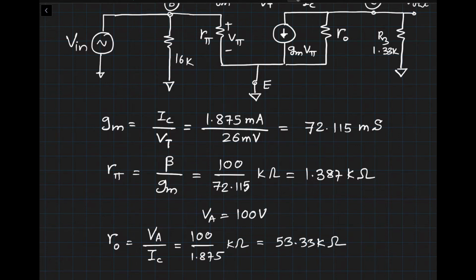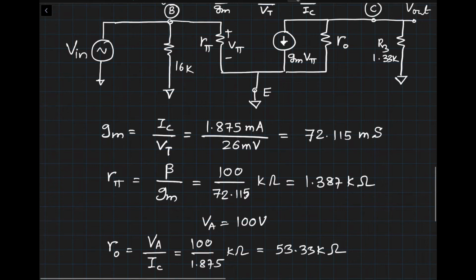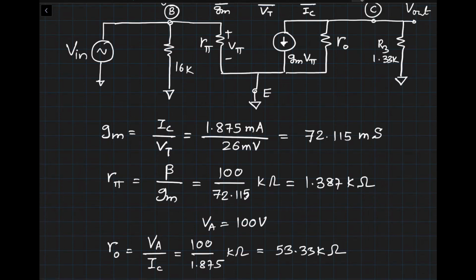So we know all the values that we need, and we need to figure out what the gain of this particular configuration is. One quick thing to note here, just by inspection, that I would like to show you is, if you look at the resistor of 16K and if you look at Rpi, they are appearing directly across the input voltage source. So they don't really participate in the transfer function, because Vin is the same as Vpi, and this Vpi will get replaced by Vin. Okay, so that's the observation.